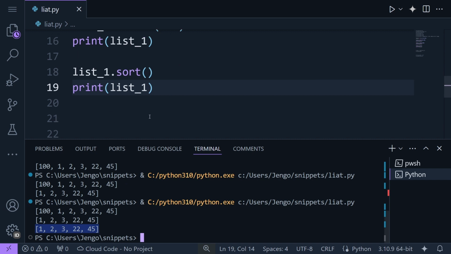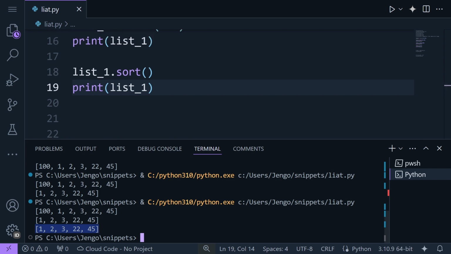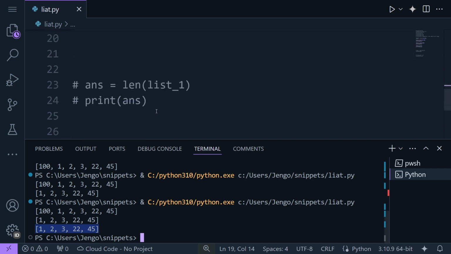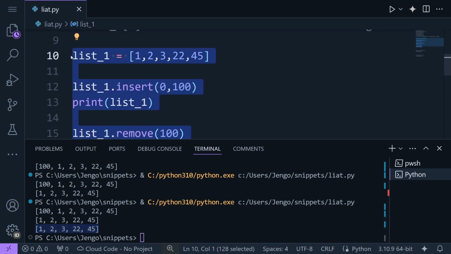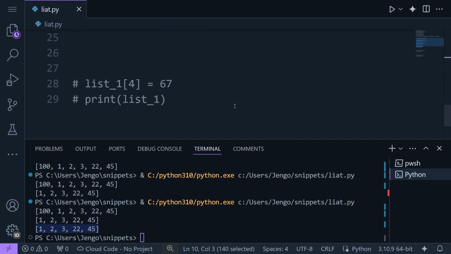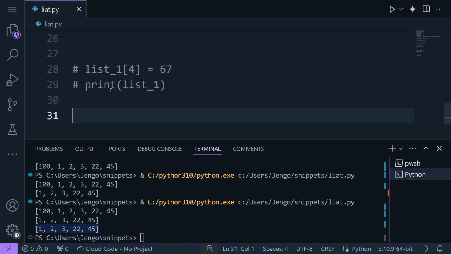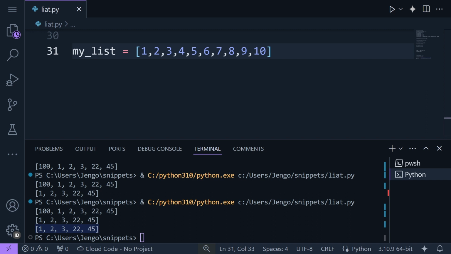So let's see what we do next. The next thing we're going to see is how we, for example, now let's say you have a list. So I'm going to comment out this. I think we've used this example for this particular list for long. So I'm going to bring a new list, maybe a similar list too, but let's use a longer list. So let me bring this list up here. So let's say we have this list, my list, and let's say, for example, we want to